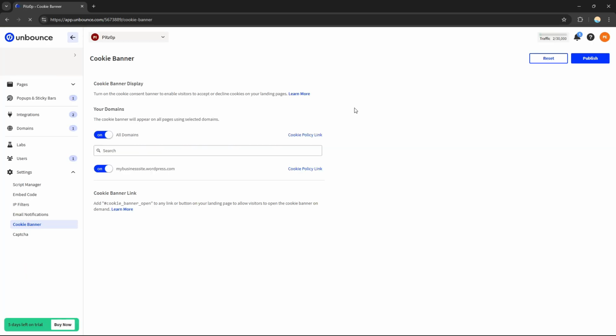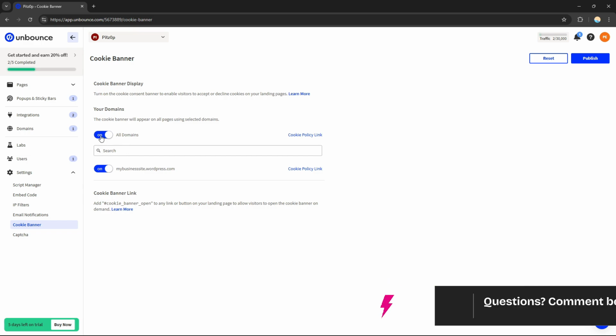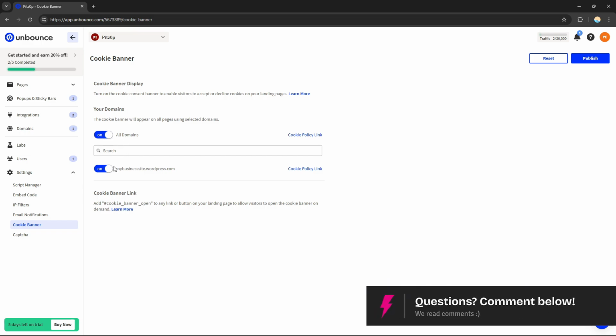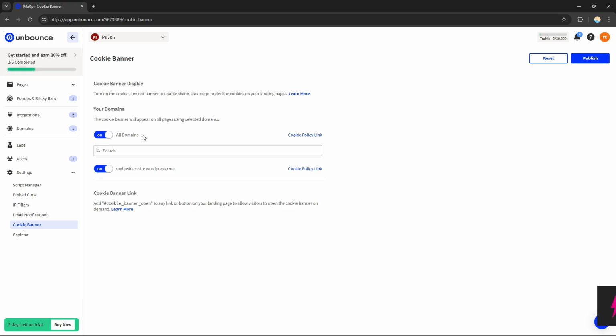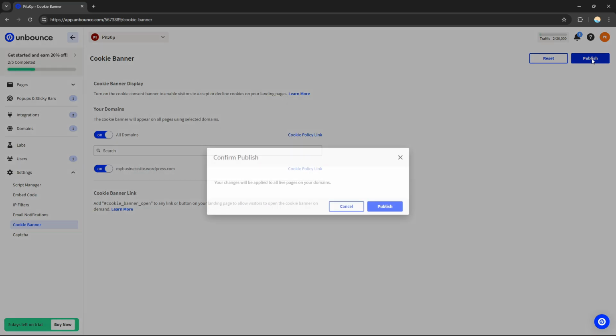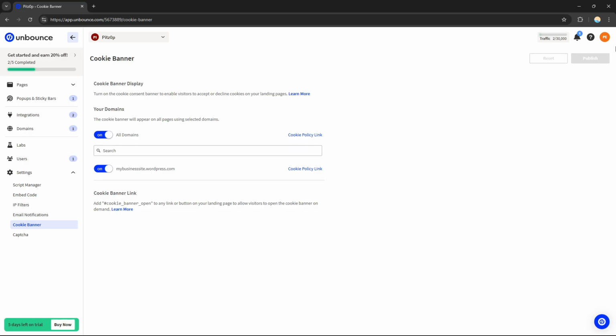As you can see, under your domains, make sure to enable this option, all domains, so that your cookie banner appears on every domain you have connected. You can also enable your cookie banner on specific custom domains, just like this one. Once you're done setting it up, click Publish to enable your cookie banner. After you click Publish, all the domains added to your Unbounce account will automatically display a cookie banner,